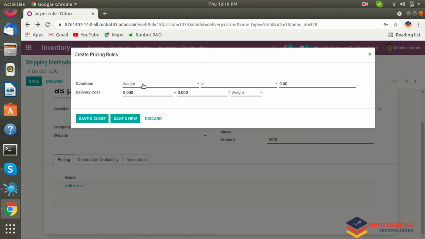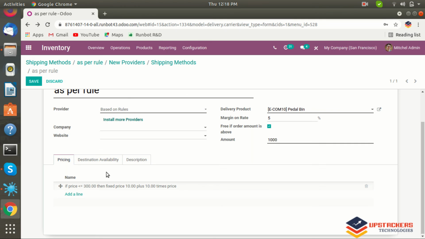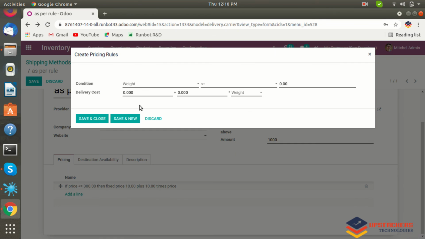Here you can set a condition: if my price is less than, greater than, or equal to, say, if my price is less than or equal to 300, then the delivery cost is 10, plus 10, so 20 rupees will be applied. So let's save and close. Here also you can set many rules.